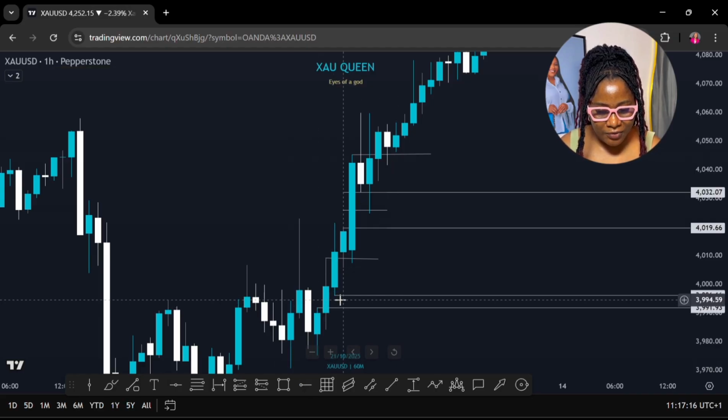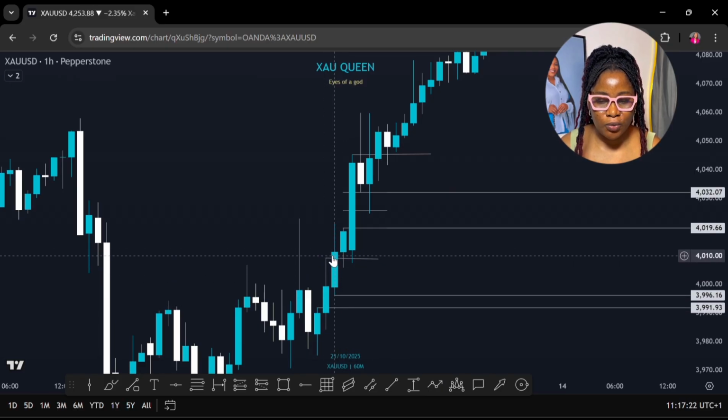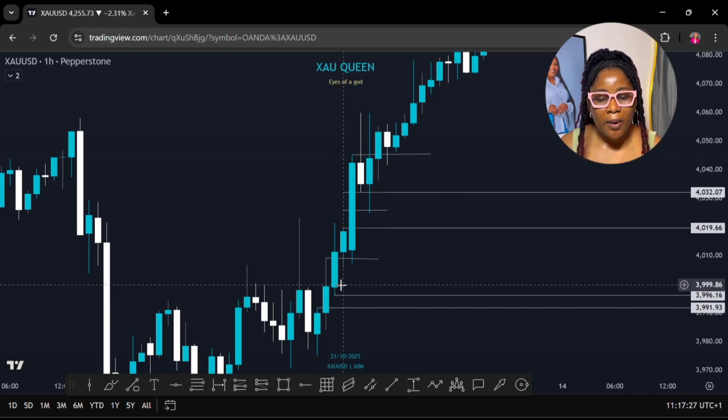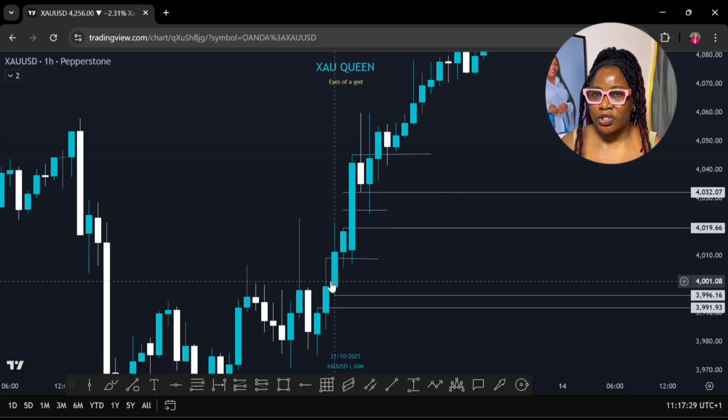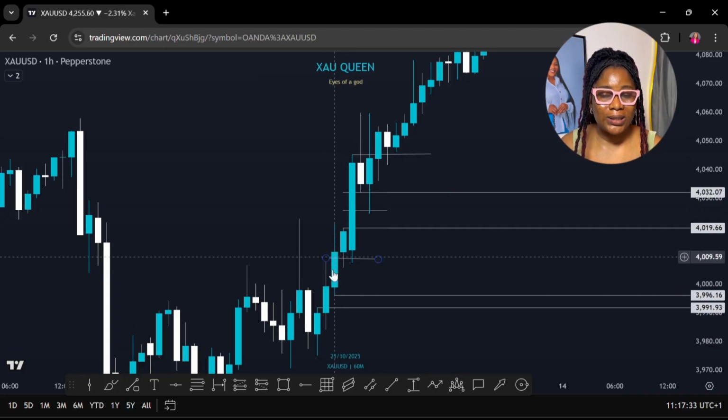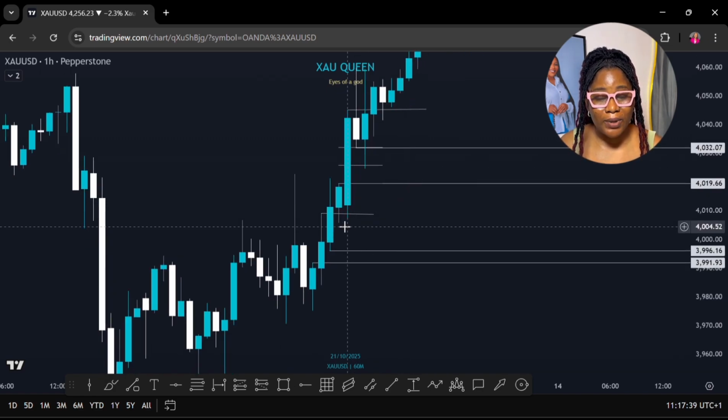So you can see there's an FVG here. But you can see the body of this candle closed above the wick. This is what we call a breakaway gap. Majority of the time, price does not come back to this FVG. This kind of FVG, majority of the time, price will just ignore it and use this valid one. But does price always? No. At times, price uses a breakaway gap,